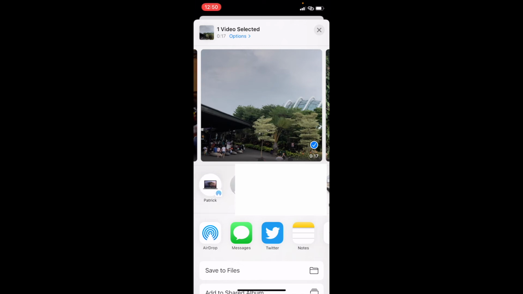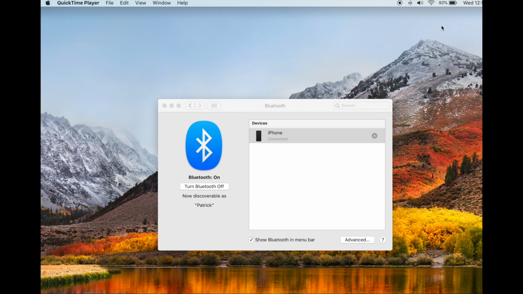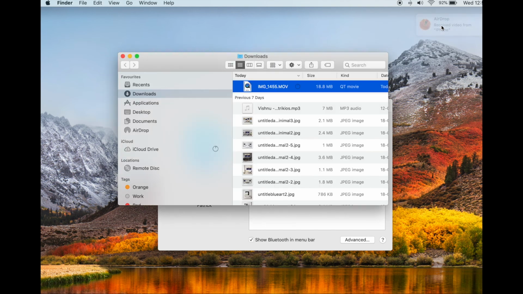Now if you look at how we are going to transfer the file, you can see here the contact name, Patrick. This is the window, a small circle here, and that circle means that the connection is set up. Now I'm going to AirDrop the file. You see I'm sending the file from the mobile to the MacBook, and we'll go to the MacBook and see what is happening. Now it is waiting, now it is sending, now it is sent. Let's check how it was sent and whether the file is stored properly. I just came here and you see an AirDrop pop-up coming and the file is successfully transferred.